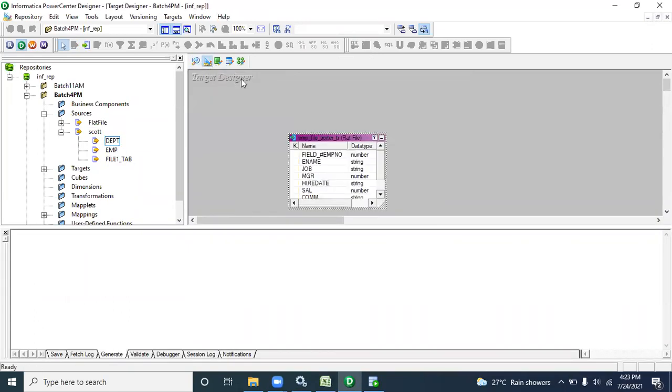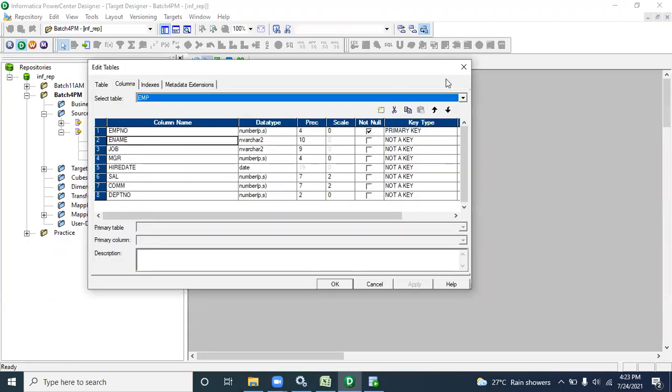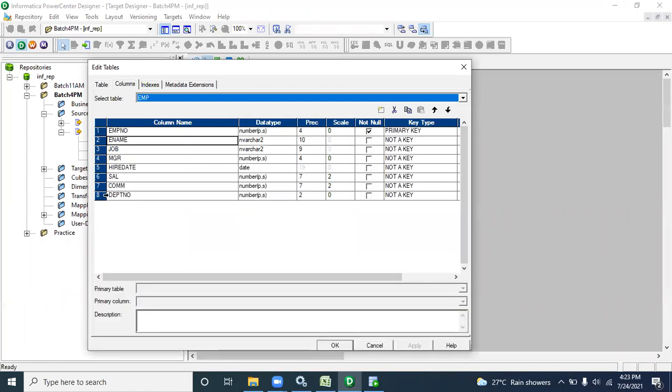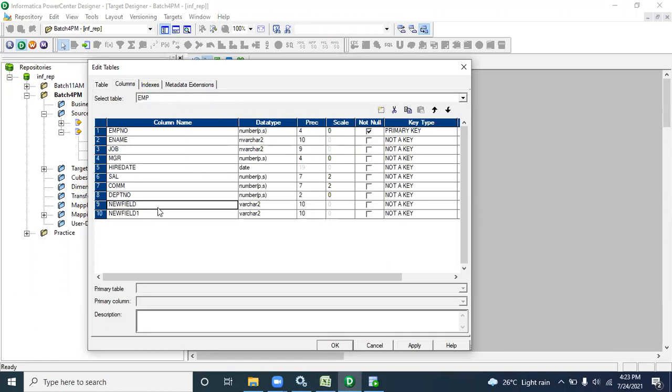Go to the target, where I want to create the target table, or you can say file target table, with all the EMP table records and also two more columns: D name and location, which exist in the department table.